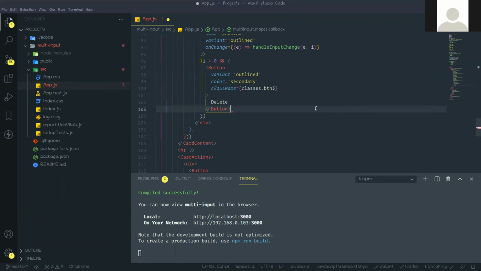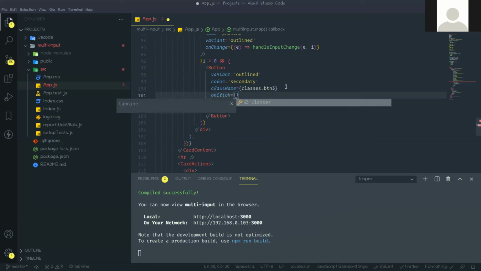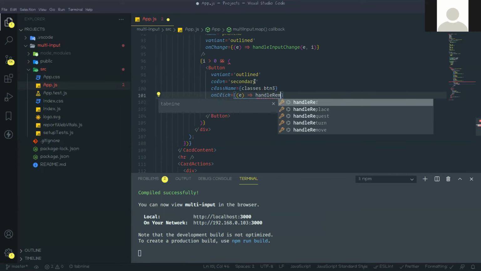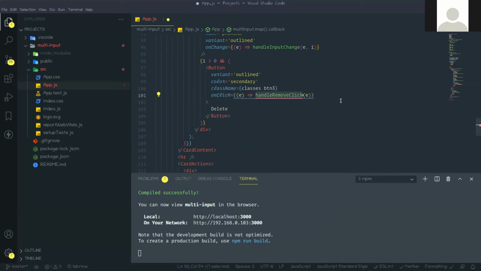And on this button's on click event, we are calling another function, that is the remove function. So handle remove click, it will also take that event. Go up.